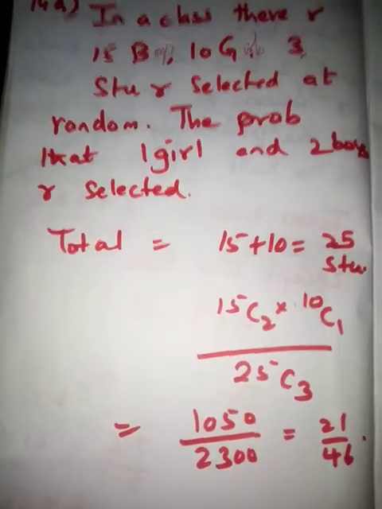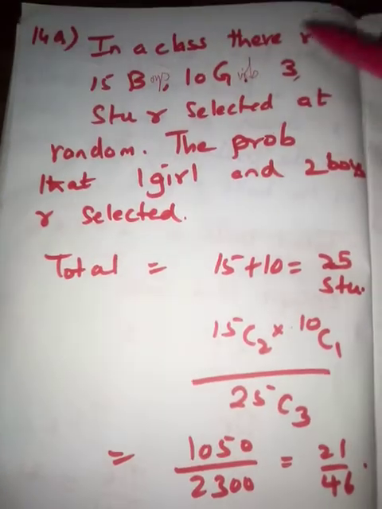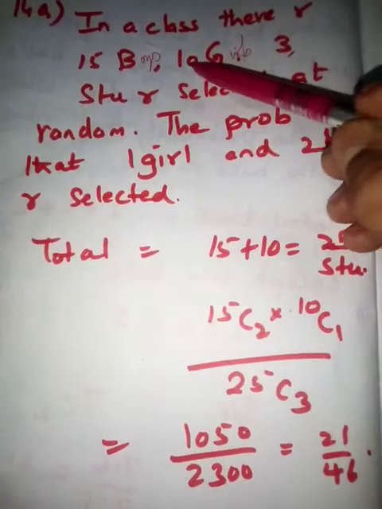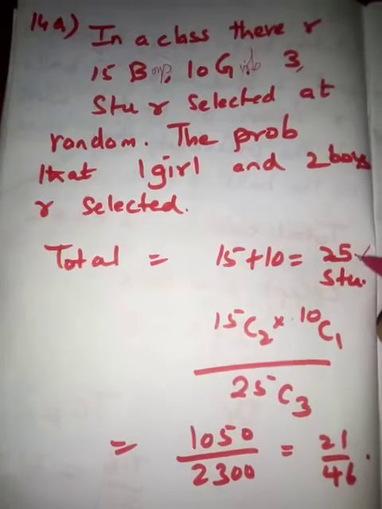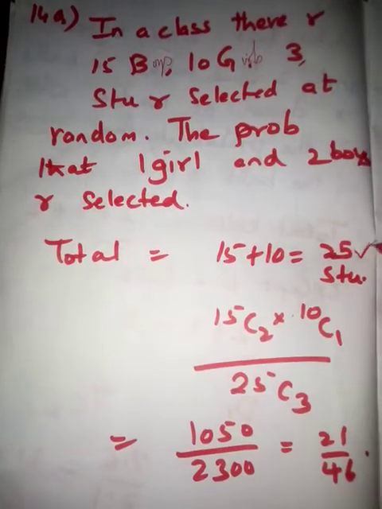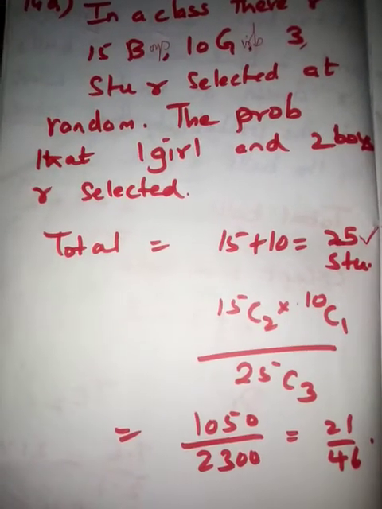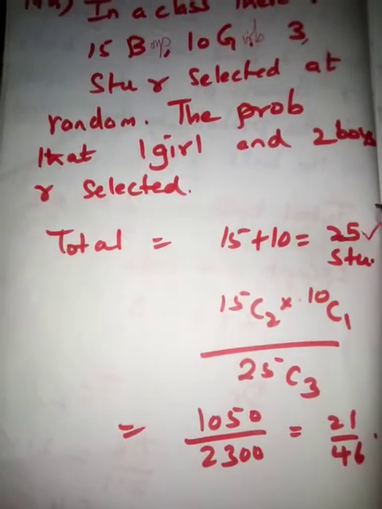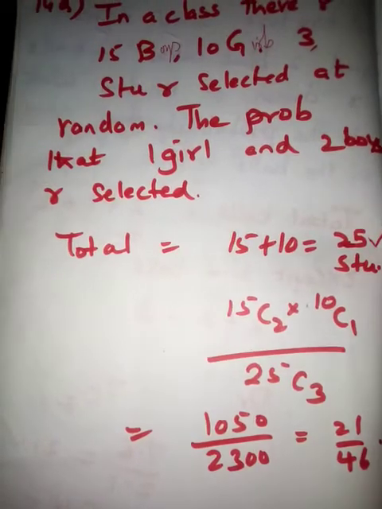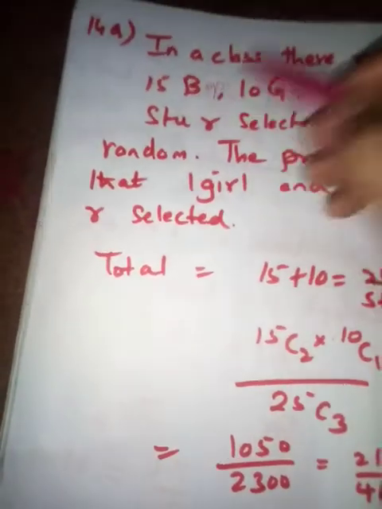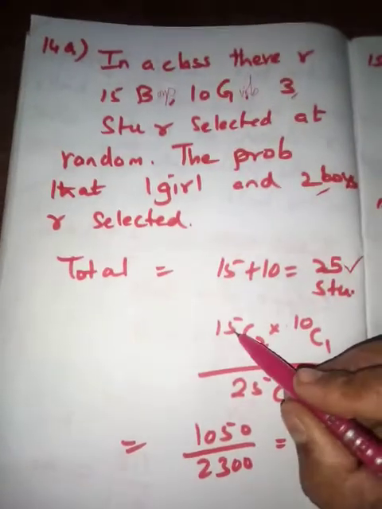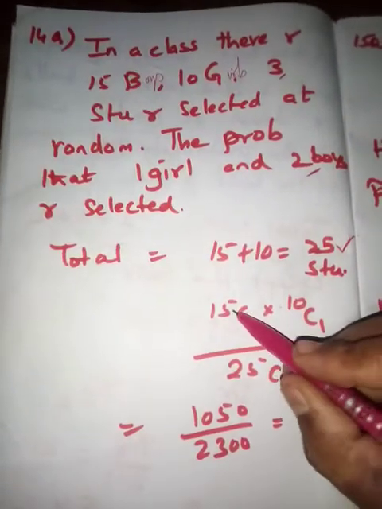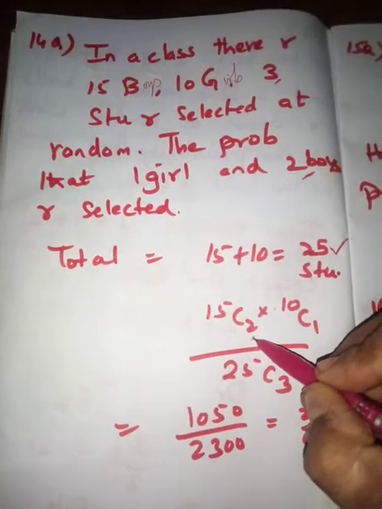What is the probability? In a class there are 15 boys and 10 girls. 15 plus 10, we have 25 students in a class. Now coming to the total 25 students, 15 boys are there. We need 2 boys. 2 boys are to be selected from 15 boys. So out of 15 we have to select 2. So 15C2 is the first one